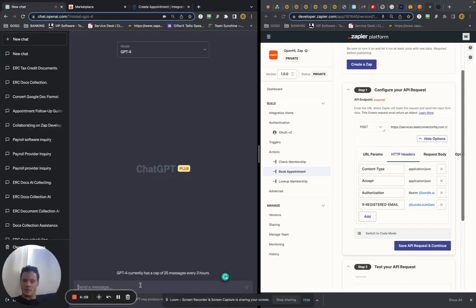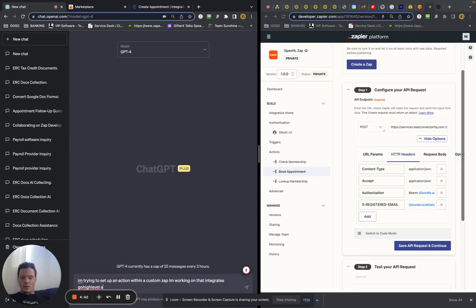So you're going to want GPT-4 to figure something like this out. So I'm trying to set up an action within a custom Zap, some Zap I'm working on that integrates the GoHighLevel API with Zapier and allows more actions than the default Zap. GHL has switched to